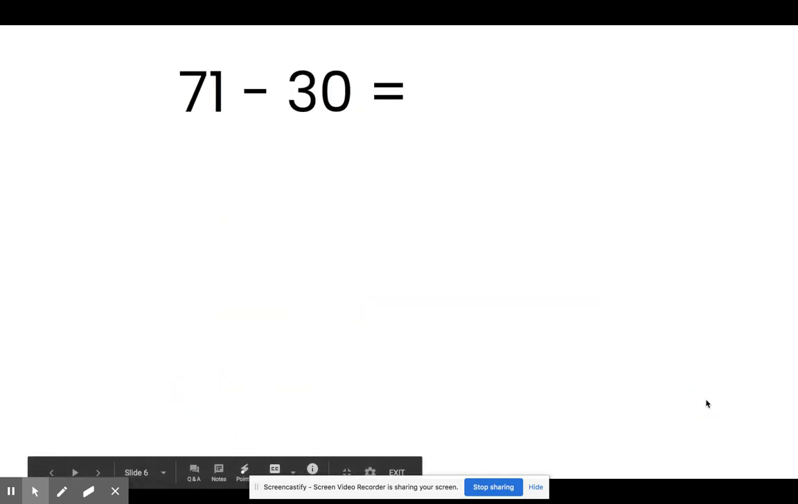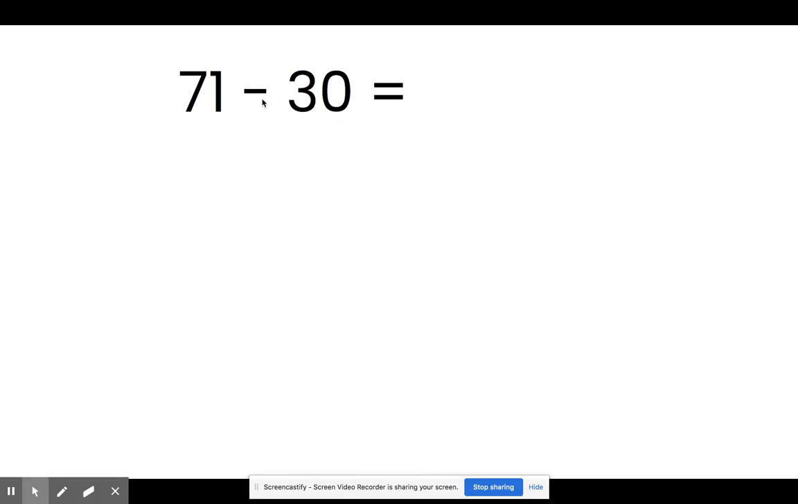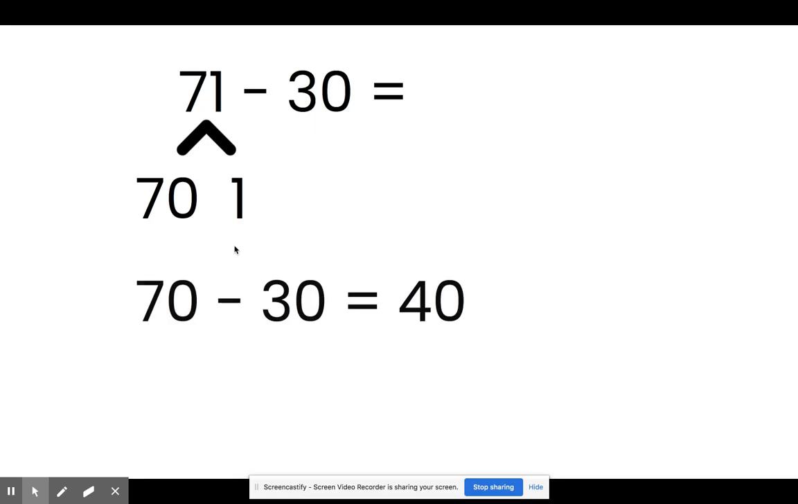Let's try another one, but this time it's going to be subtraction. Remember, subtraction means we're taking away, okay? So let's look here. We're going to break apart 71. 71 can be broken down into 7 groups of 10 and 1 one. We're going to start by subtracting like units. We have 3 tens that are being subtracted. 30 is 3 tens. So we'll bring down our 7 tens, or 70, and let's subtract our 3 tens, or